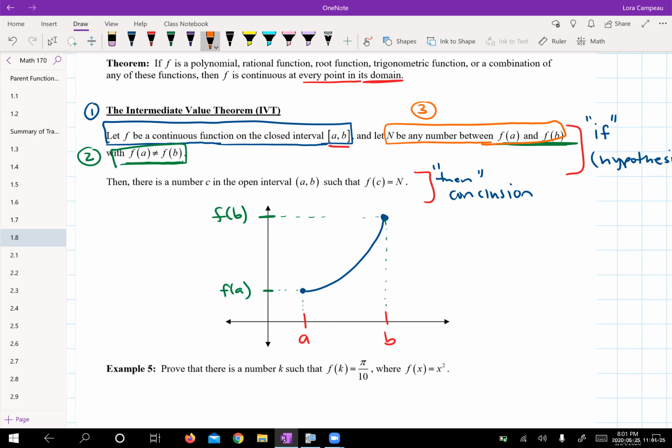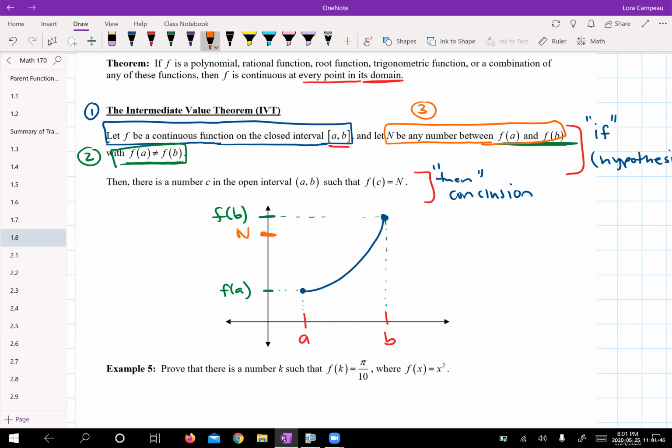F of A and f of B are on the y-axis. Just kind of remember that. So n is over here somewhere. It doesn't have to be exactly in between. It can be closer to the f of A, f of B. So they're saying if you have a y value in between f of A and f of B, then finally,